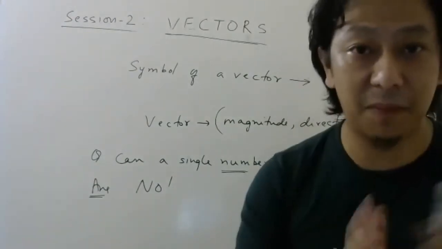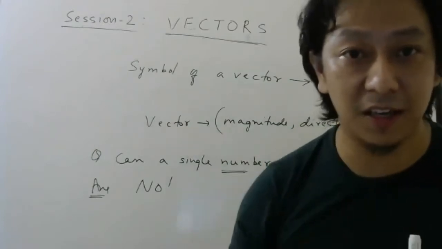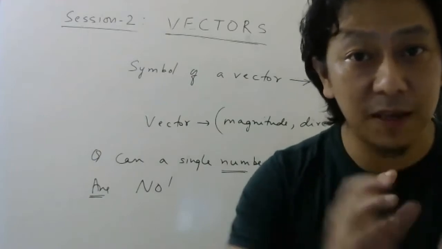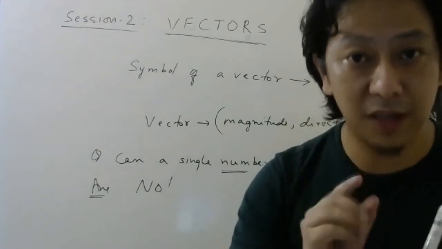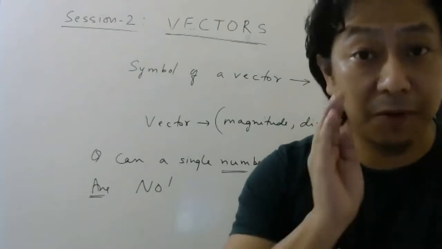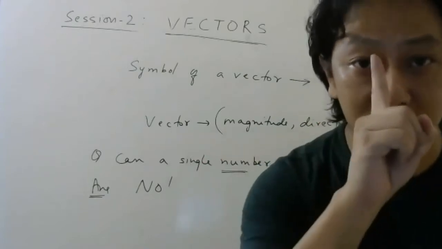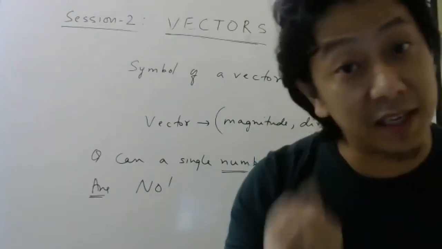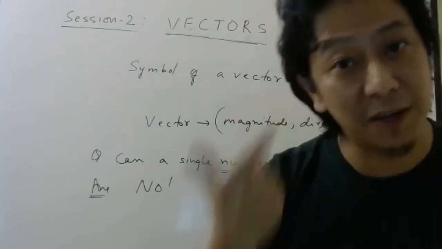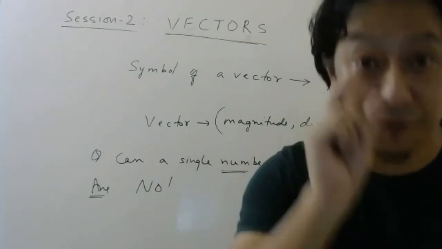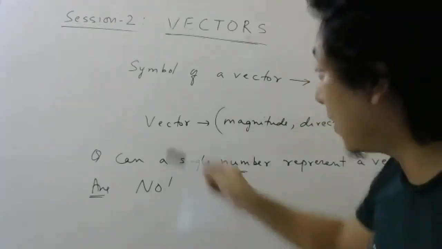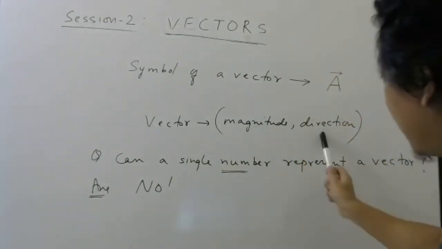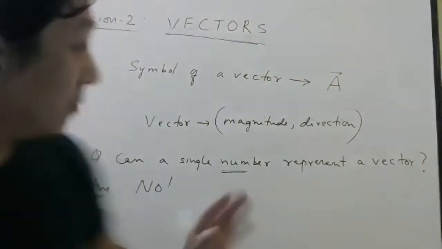Mass can be represented by one number. Mass is 10 kg, 60 kg, 40 kg. Temperature is 30 degrees Celsius, 25 degrees Celsius. So these can be represented by one number. These are scalar quantities. But vectors cannot be represented by one single number. Can I represent the magnitude of a vector by a single number? Yes. But the vector cannot be. Why, sir? Because a vector requires two pieces of information: magnitude also, direction also. Understood or not? So keep this in your mind.